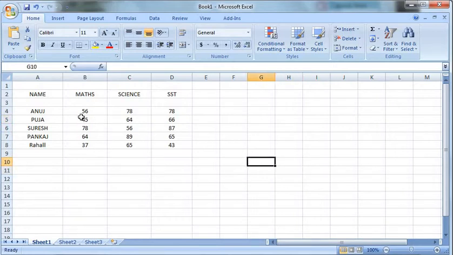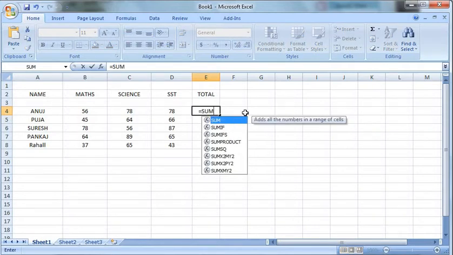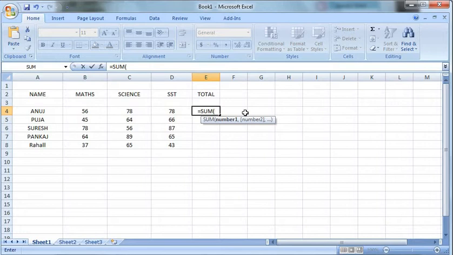Now suppose here I want the sum of all of Anuj's marks out of these 3 subjects, meaning out of 100, 100, 100, 300. Out of this 300, here I want the sum of all these 3. I am writing Total. So what I will do here, I will apply some function, or I will write equal to SUM, then open the bracket, and here I will write the address of the first cell. What is the address of the first cell? B4.